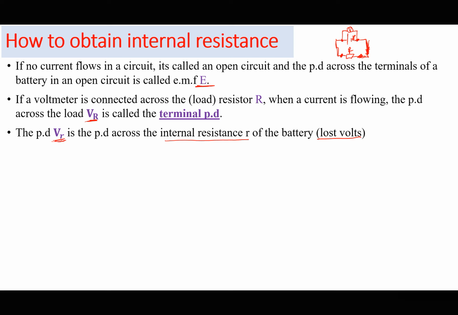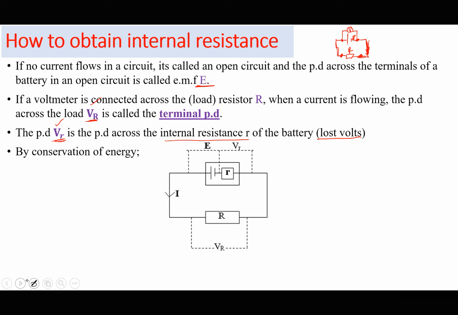But by conservation of energy, when I sum up this with this, I should be able to get the EMF. Because the sum of these two should not go beyond the EMF, or be less than the EMF, because energy must be conserved. So by conservation of energy, the EMF is going to be equal to the terminal PD plus the lost